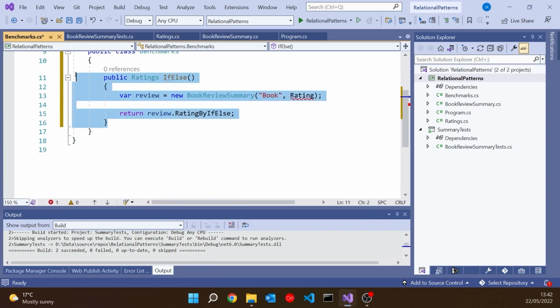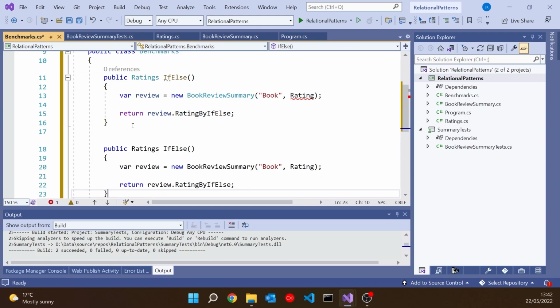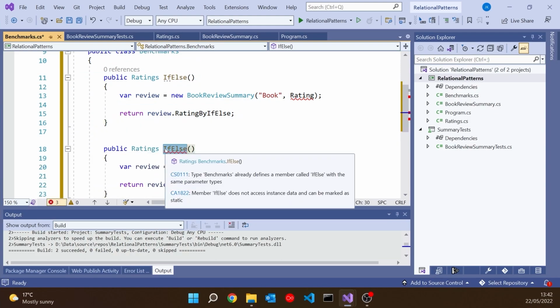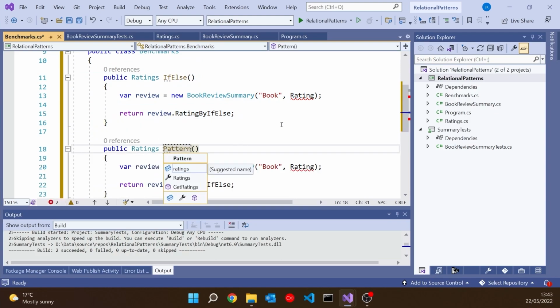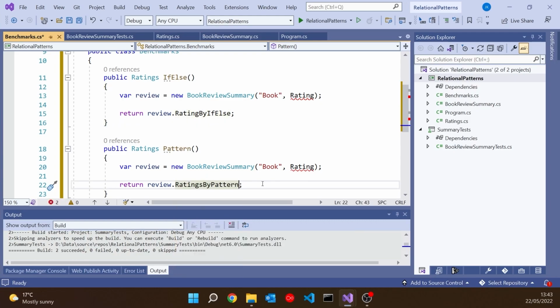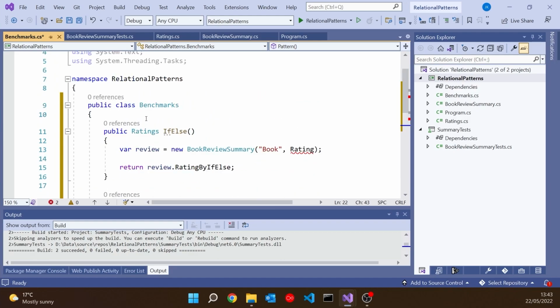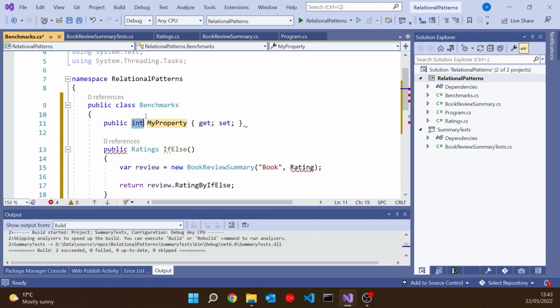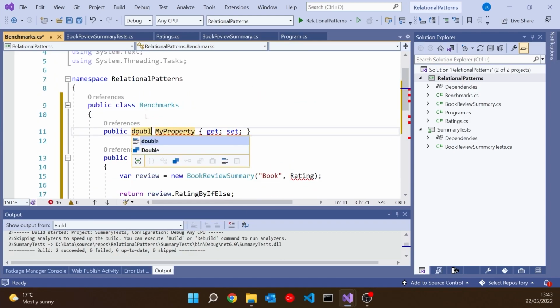And then let's do another one of those for the pattern. So we'll just copy that. That's now going to be called pattern. And we'll say rating by pattern. And then this rating property, so we'll have a property of type double that I'll just call rating.